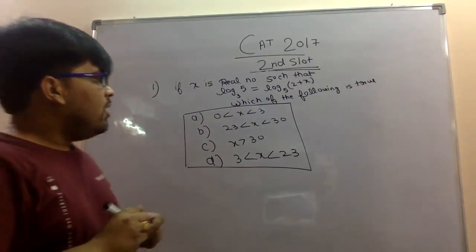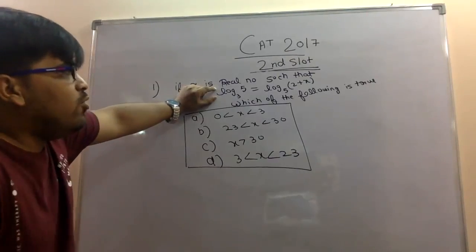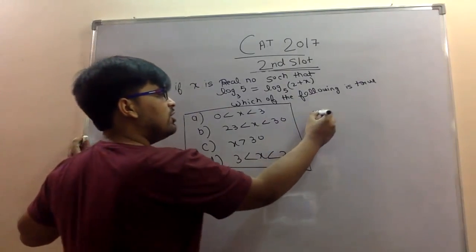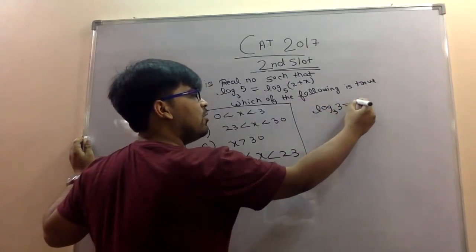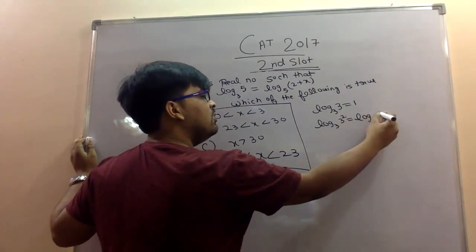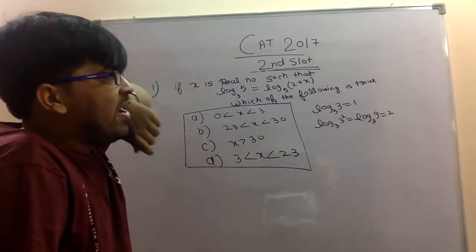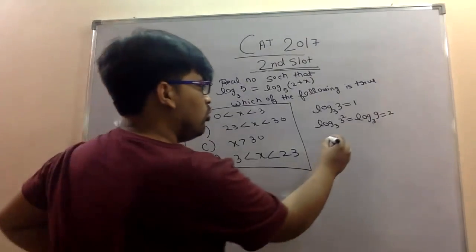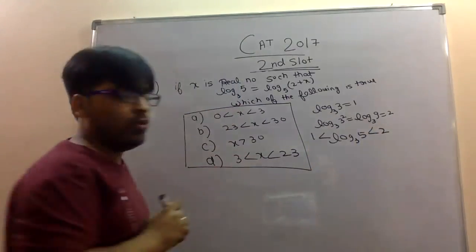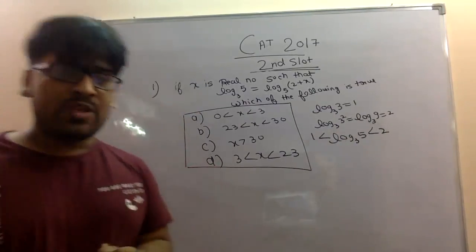ठीक है, कंसंट्रेट करो log 3 5 पे। log 3 5 की वैल्यू कहां से कहां तक वेरी करेगी, दैट इज एन इंपॉर्टेंट पार्ट व्हाइल सॉल्विंग दिस क्वेश्चन। log 3 3 that is equal to 1 and log 3 9, that means log 3 3 square, that is equal to 2. That means log 3 5 की जो वैल्यू होगी that will vary from 1 to 2, मतलब 1 से बड़ी होगी, दिस वैल्यू विल बी ग्रेटर देन 1 एंड लेस देन 2। ठीक है ना, यही चीज हम लोग यहाँ पे अप्लाई करेंगे।